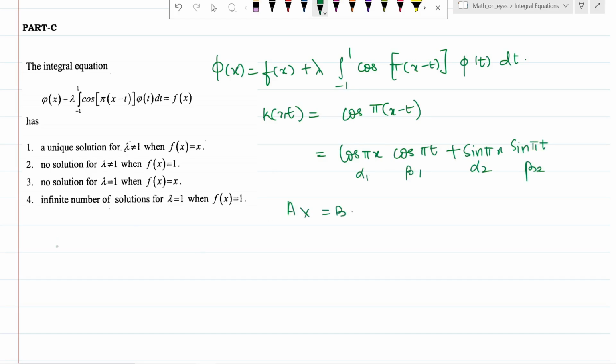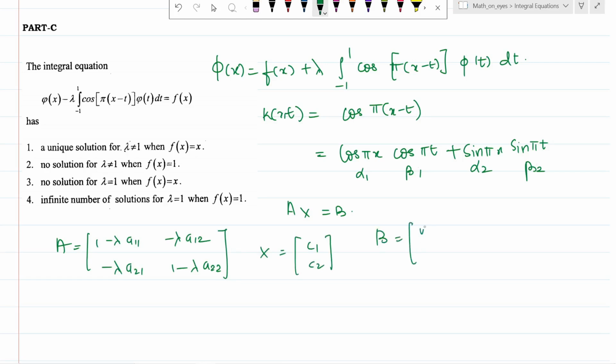So the matrix A will be 1 minus lambda A11, minus lambda A12, minus lambda A21, 1 minus lambda A22. Since we have alpha 1, alpha 2, beta 1, beta 2, we will find a 2 by 2 matrix. And then the X matrix will be C1, C2, and the matrix B will be equal to V1, V2,